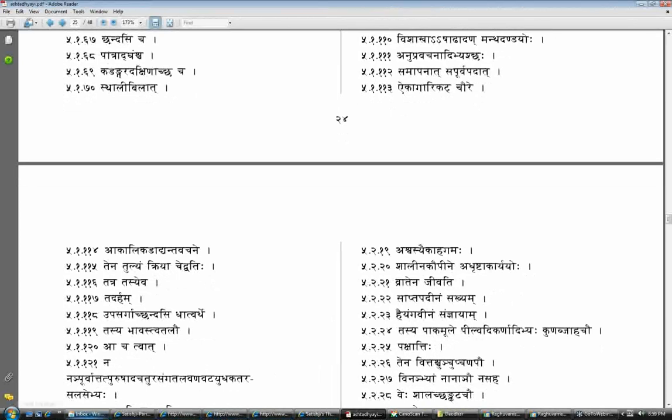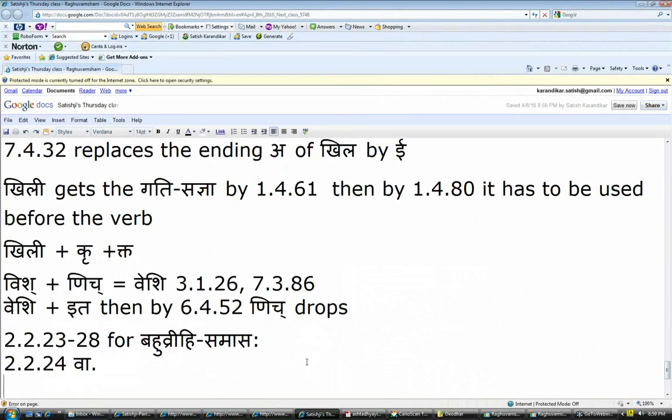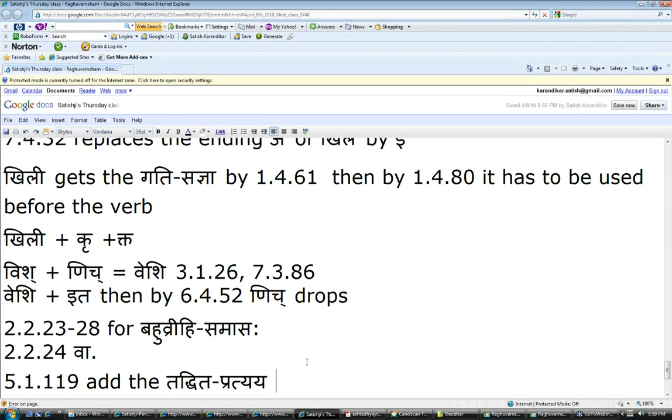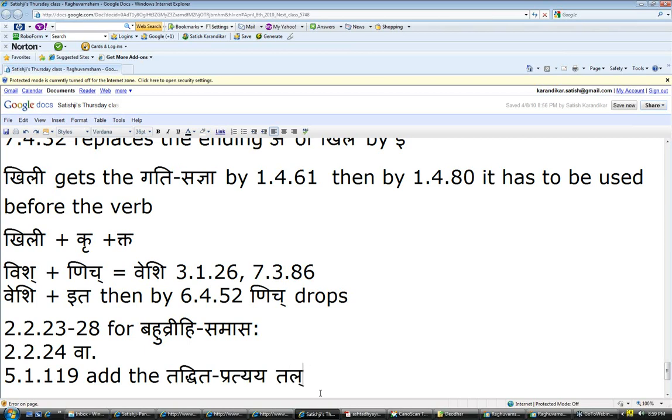So this adijyata is by 5.1.119. He has given the state of that. So by 5.1.119 is tasya bhavaha. So that he gives, we add the tadhita affix, tadhita pratyaya called tal. And then you do the ajadyatah tap. I mentioned to you that no feminine form can be used unless you run it through the routine starting from 4.1.3 striyam adhikaraha.